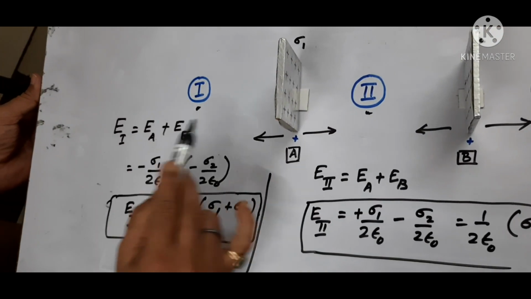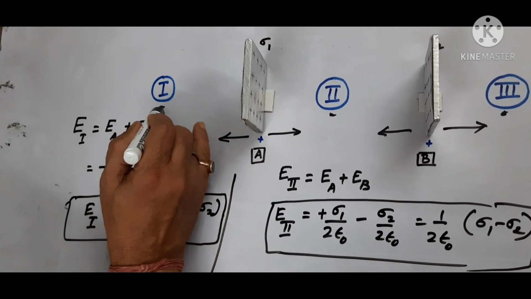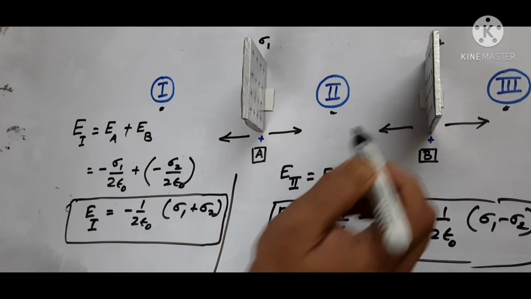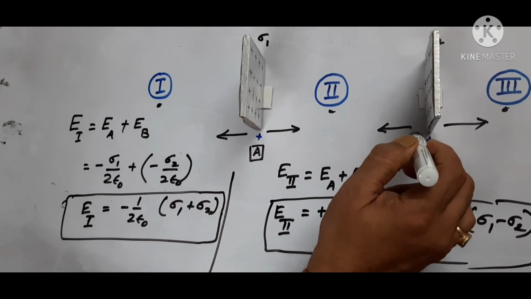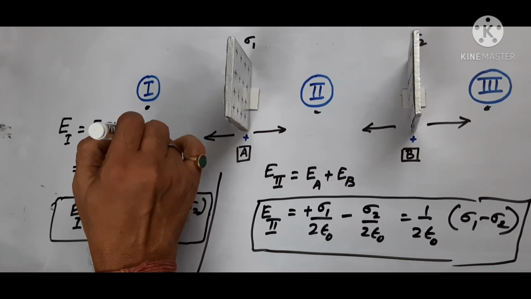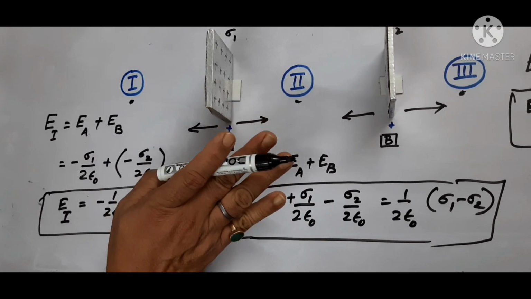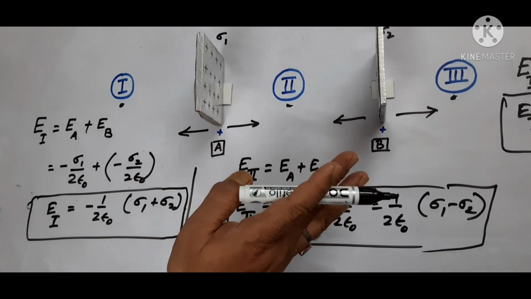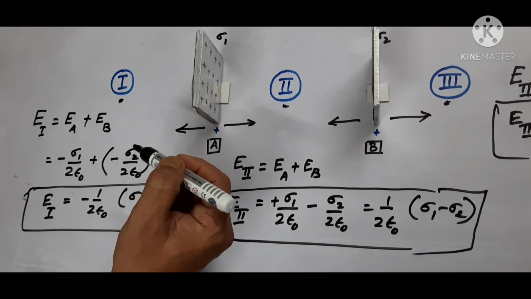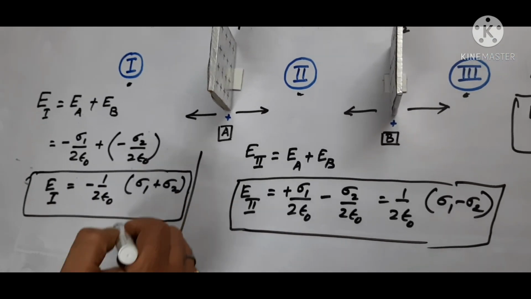So you remember, for region 1 a particular point is here. We have to move along the left side to find EA, and to find EB again we have to move towards the left side. According to the convention, if we are moving along positive x, we take it as positive. If we are moving along negative x, that is negative E. So EA plus EB is negative, that's the expression.